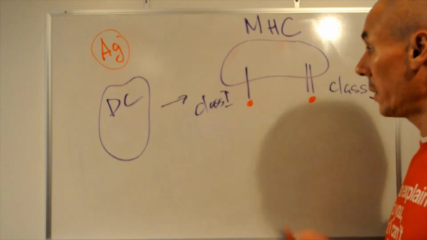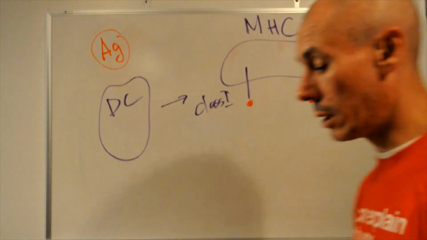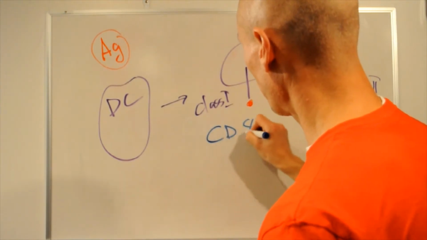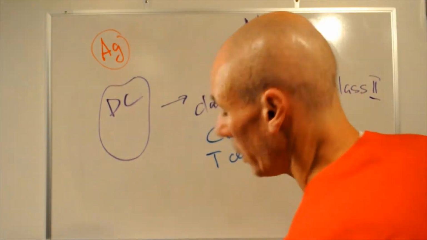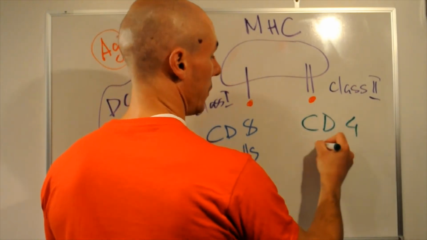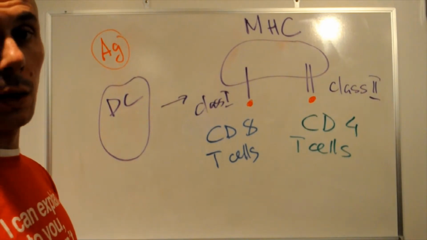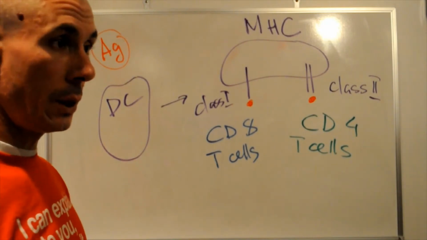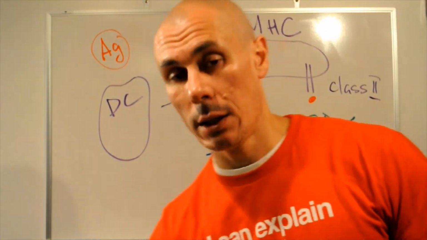So what's interesting about this is that MHC class 1 can be recognized only by the CD8 cells. And MHC class 2 can be recognized by CD4 cells. This is called MHC restriction. And the outcomes of it, sort of the consequences of that restriction, is that CD8 cells here,